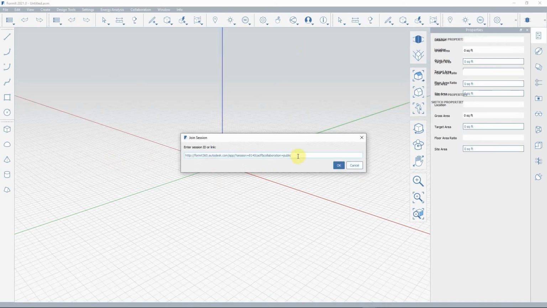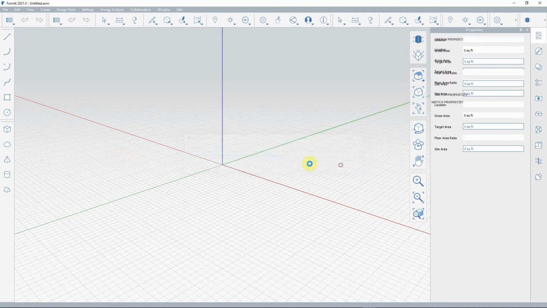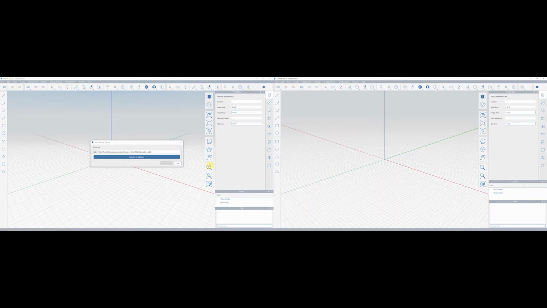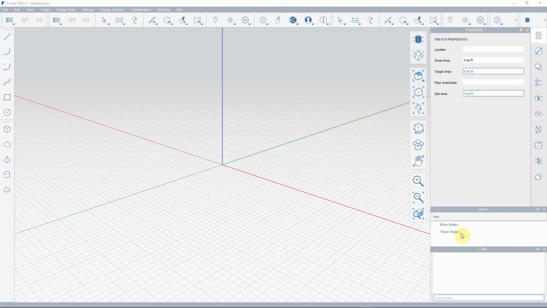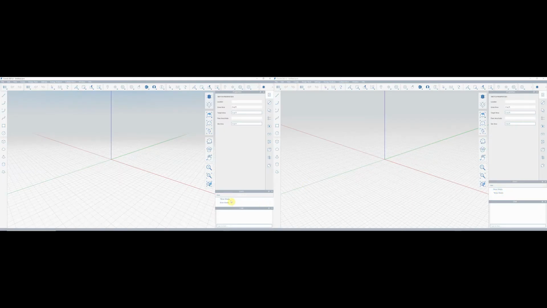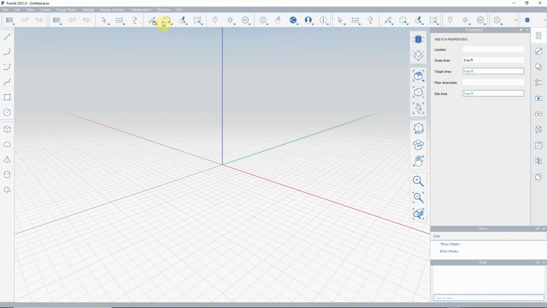And I'm going to paste that in and hit OK. Close this one. And now, as you can see from our chat boxes, I am actually in both user boxes collaborating with my design. So if we come over here and let's say draw a box,